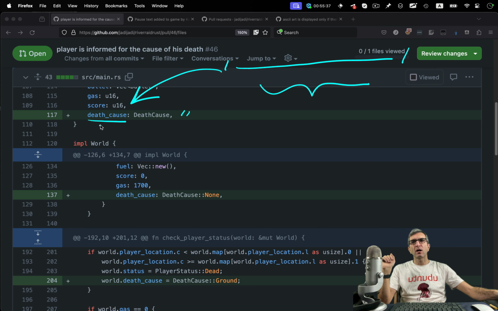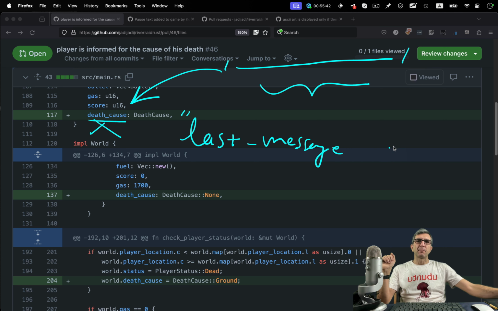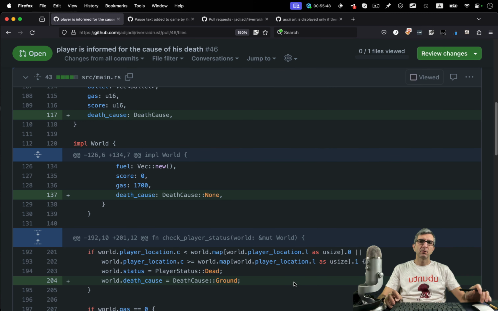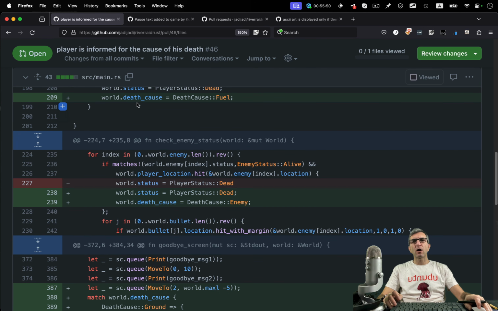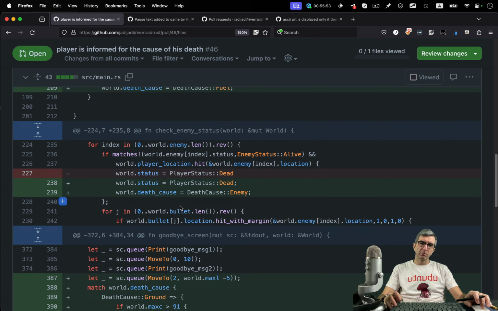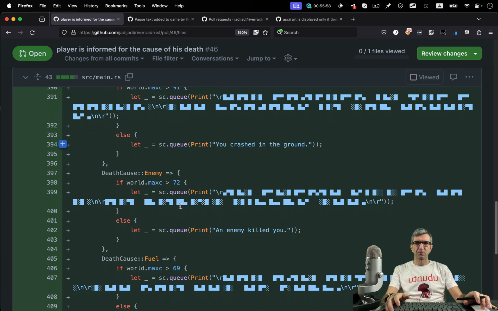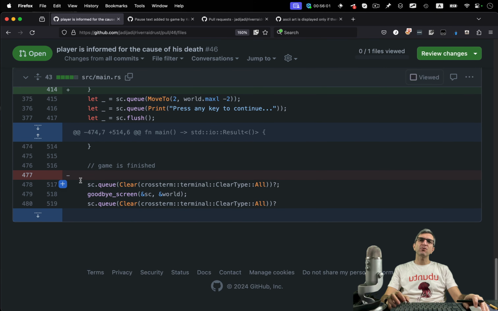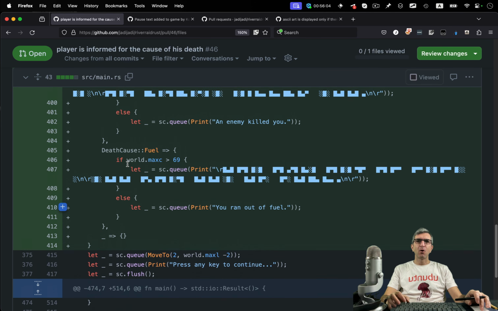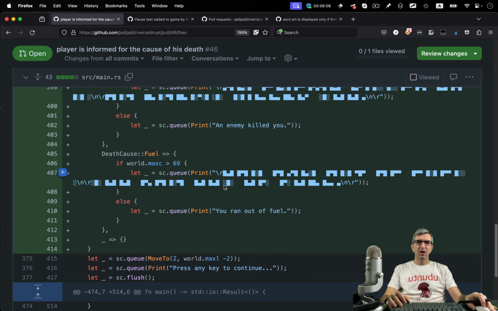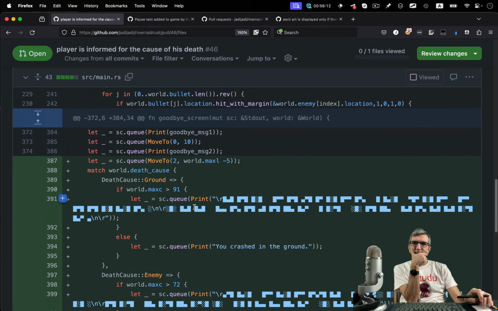It can also not be dead cause. It can be the last message, for example. And you set it whenever needed. Last message is, oh, you hit ground. Here, last message means you are out of fuel. This one can be, oh, you hit enemy, or enemy hits you. This is more logical, unless you are a kamikaze. Anyway, and just show that one here. Less overhead. You don't need these. Although here you have this, but this is a little bit too much. I don't know. This is also nice.